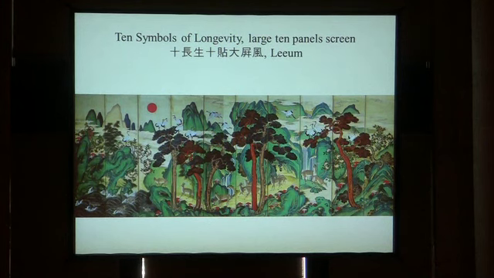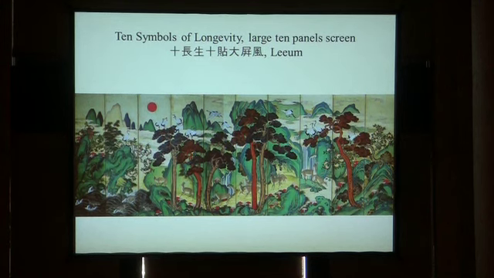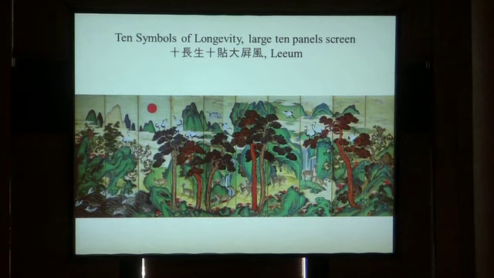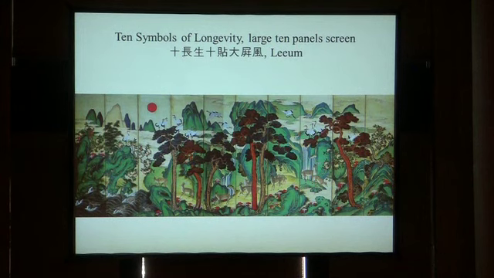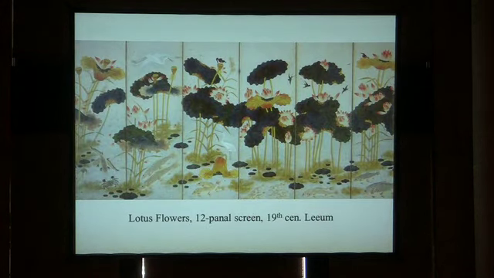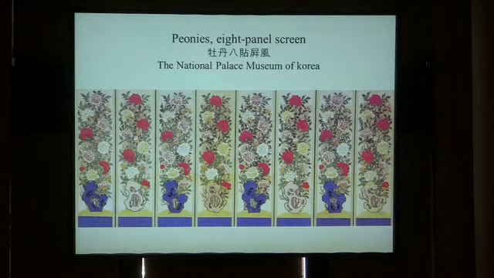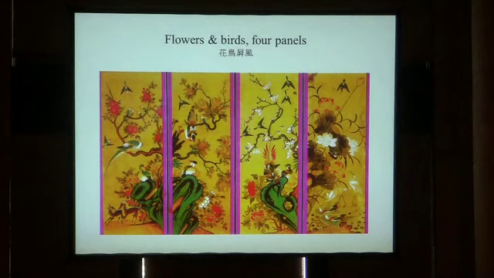But now we really established the category of court painting, court decorative painting, or court ritual paintings. And so in all these Uigwe books, we find names of these screens as well as the locations they were used and occasions they were used. So this is 10 longevities and lotus flowers. They all have different symbols, but you will find out these things reading books. So that's peony, symbol of wealth and nobility, and